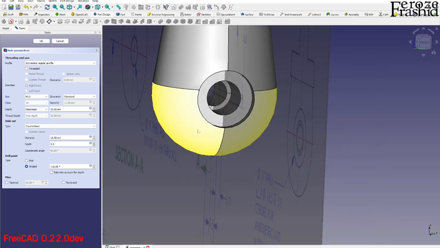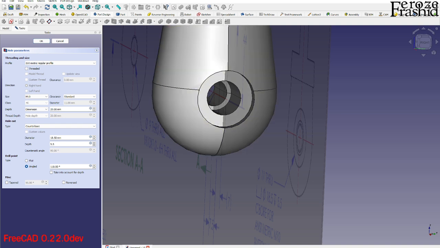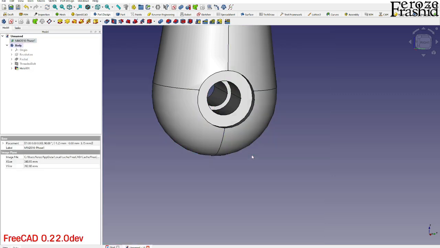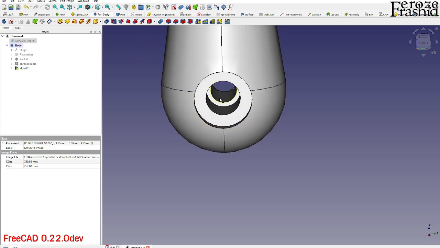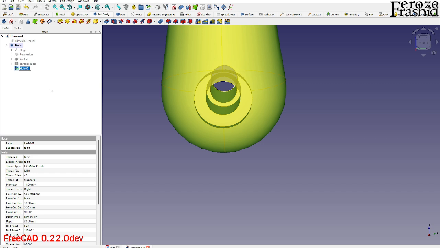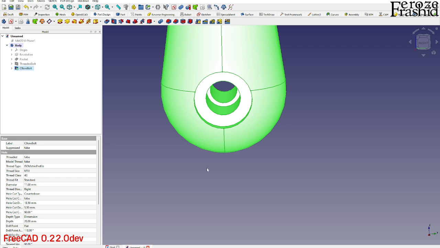And I know that the drill point doesn't matter because we'll be cutting things away, but I want to make it flat here. All right, so that part is done. We got the holes as we needed. I'm going to go ahead and name it C bore bolt. Okay,